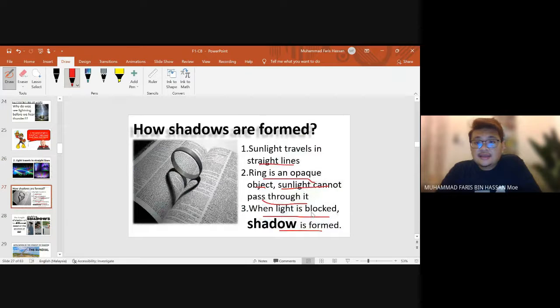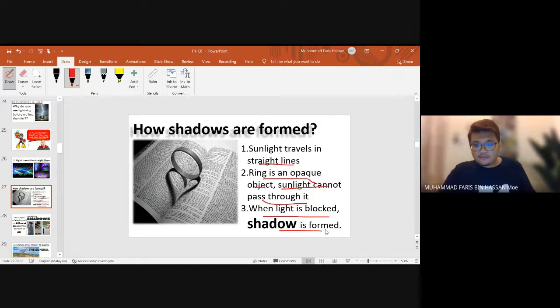Okay, as you can see here, how a shadow is formed is based on sunlight traveling in a straight line, and the ring is an opaque object, maksudnya ialah objek legap. So because of that, the sunlight cannot pass through it. Cahaya tidak dapat melalui objek yang legap, and when the light is blocked, what we call a shadow